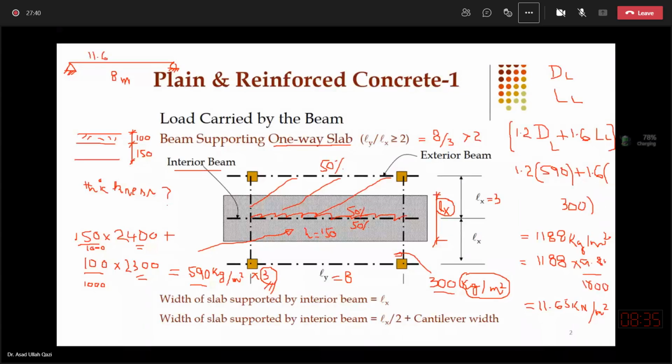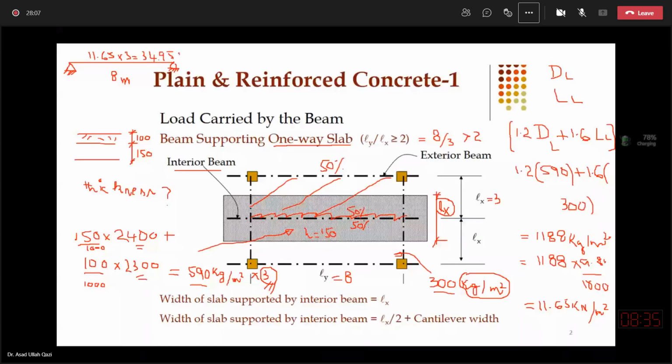So how much is the result? 34 point something. So 34.95, or 35 kilonewton per meter, is the ultimate load on this beam